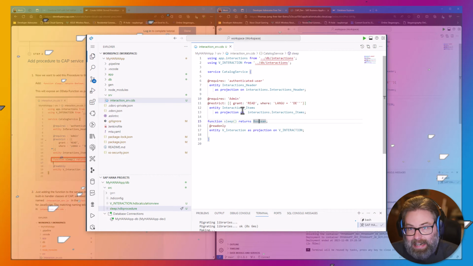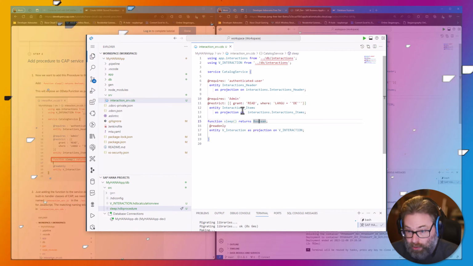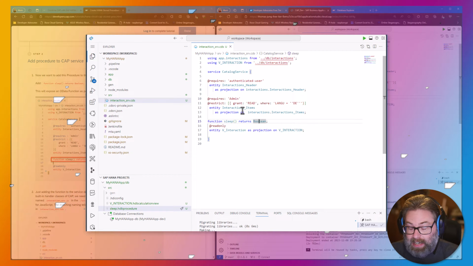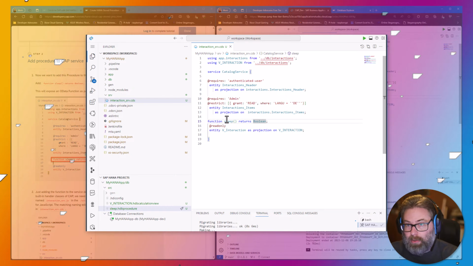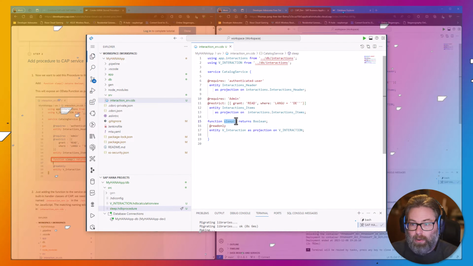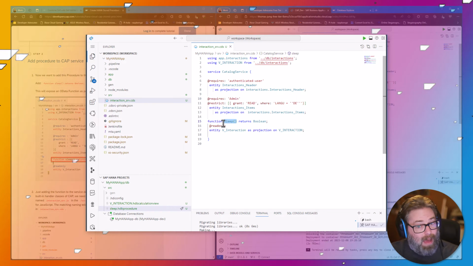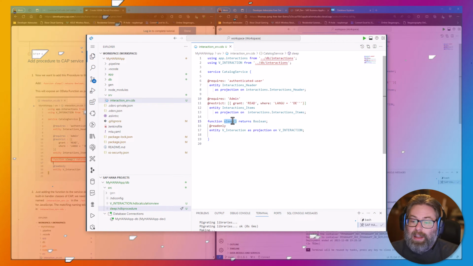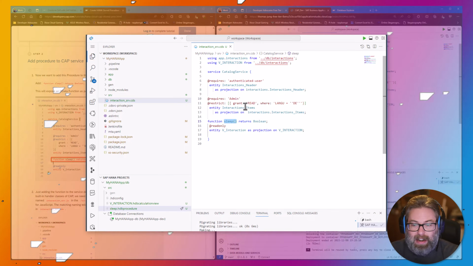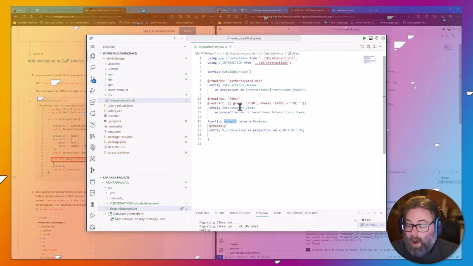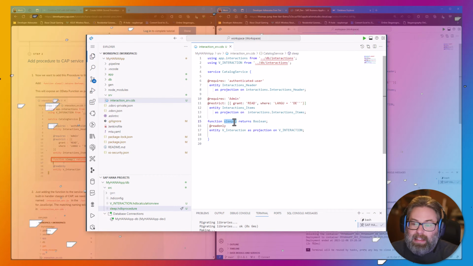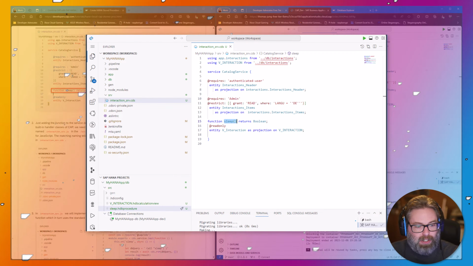Whereas with our entities and views, it assumes that they are existing database tables or views, and it will perform generated SQL on them automatically. But it doesn't know what we want to do. The CAP framework doesn't know what we want to do as part of this sleep function. And it does not automatically assume that it's a stored procedure. That just wouldn't be very safe. We don't know what the end user intended to be the implementation of this sleep function.